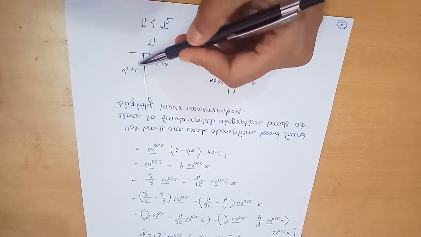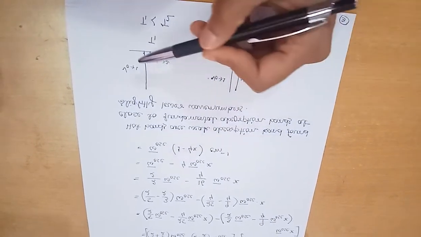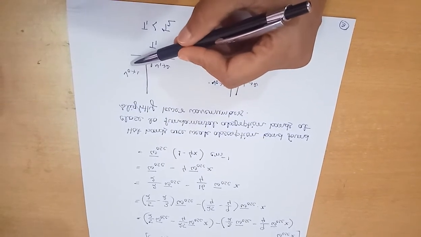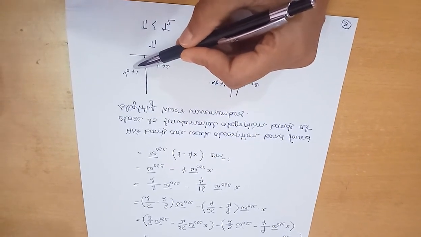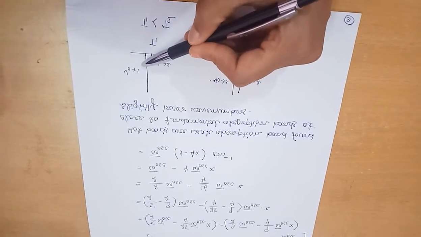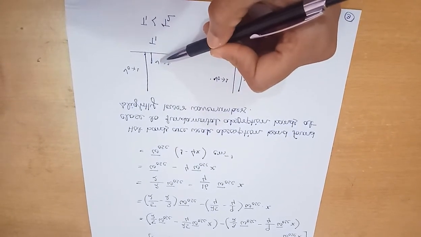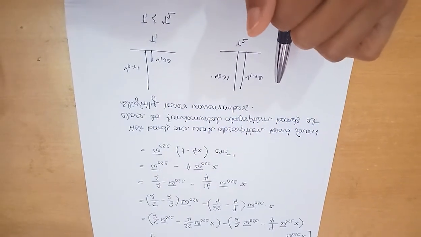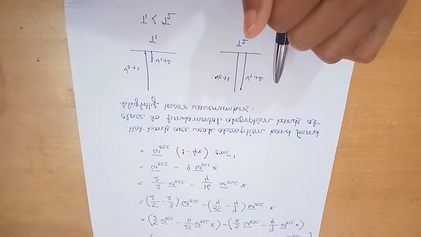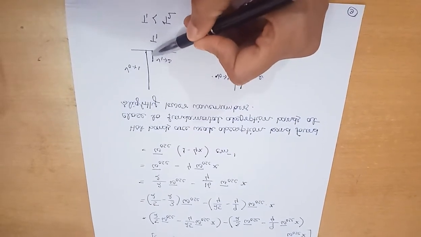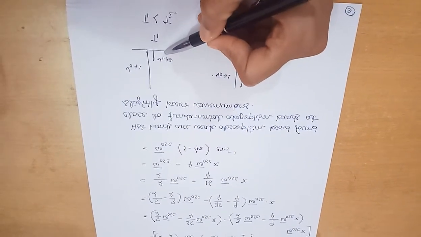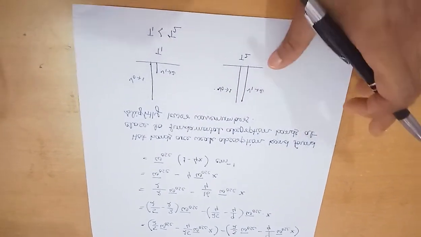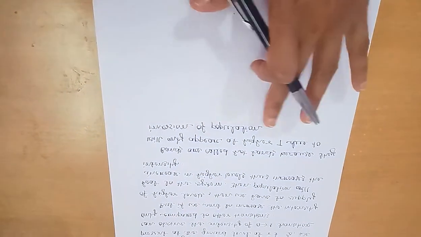So when we talk about the transitions, at room temperature the transitions are very likely to take place from 0 level to 1 level. But at level 1, there is a very small amount of population at room temperature. So the intensity that is going to be observed for the transition 1 to 2 is found to be very less. But if we increase the temperature